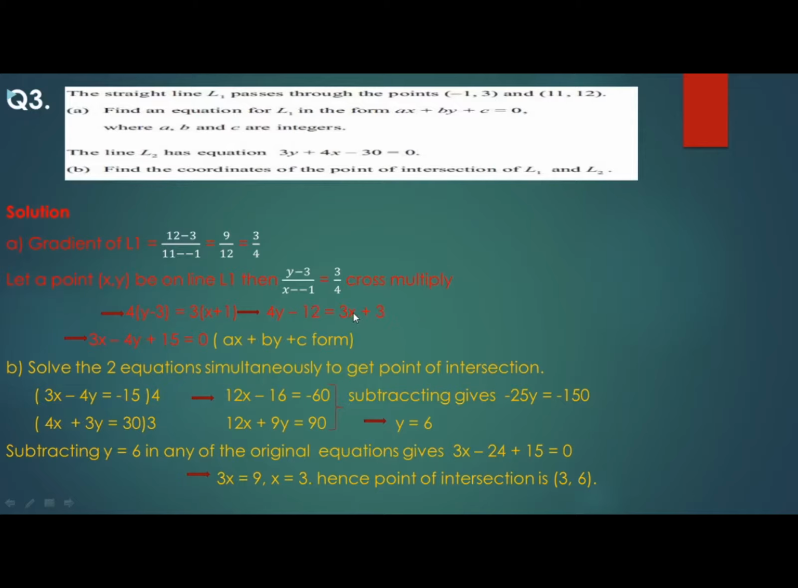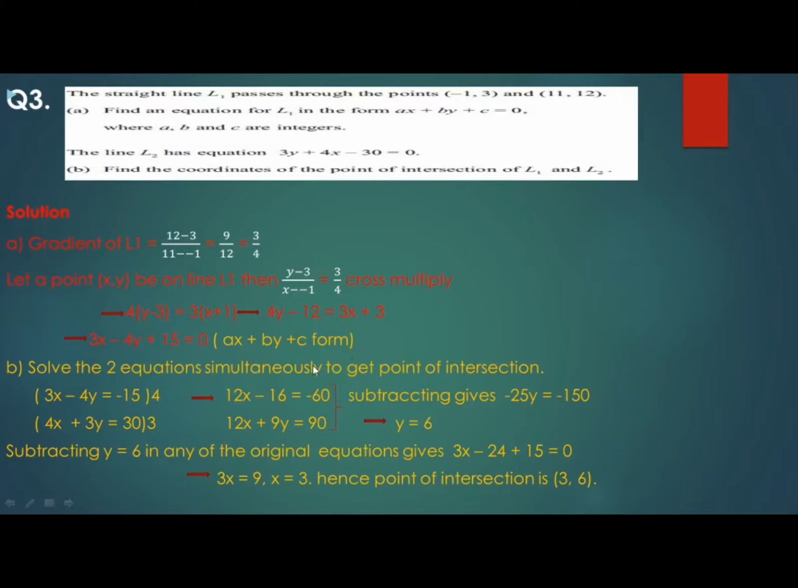So we have 3x minus 4y plus 3 plus 12, that gives you 15. So we shall have 3x minus 4y plus 15 equals to 0. You've rearranged in the form ax plus by plus c form. This is the form you are asked. If you were asked in the form y equals to mx plus c, it could be still easier, like we have